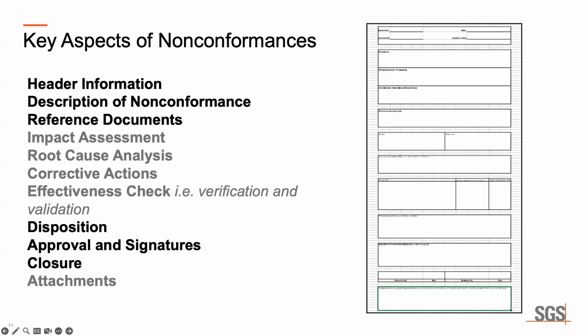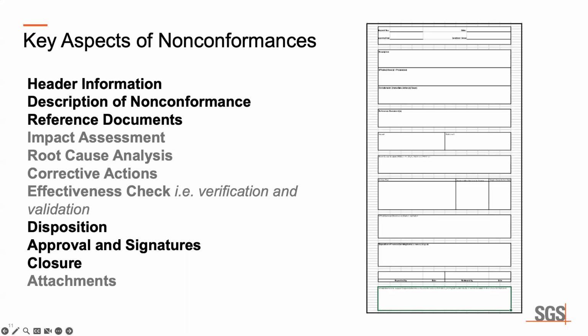Some of you might decide that, hey, we'd like to include in there an impact assessment. I'd say go right ahead and do it. In other cases, they say, well, we want to put a root cause analysis. We want to have one system. I'd say, go ahead, add your root cause analysis. At least you're meeting the minimum requirement for CARs for your corrective actions. And because I have a root cause analysis, I want to be able to put in my corrective actions. And then after I've implemented my corrective actions, I want to do an effectiveness check. That's fine too. And then finally, you'll have your attachments as well to show evidence that this is what it was before, and now this is what it is after.